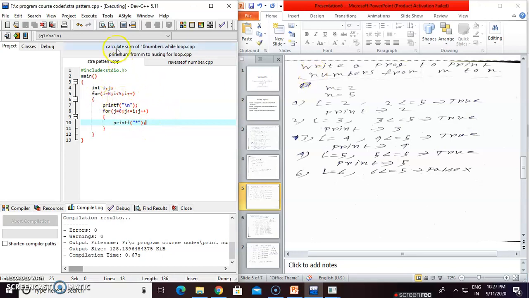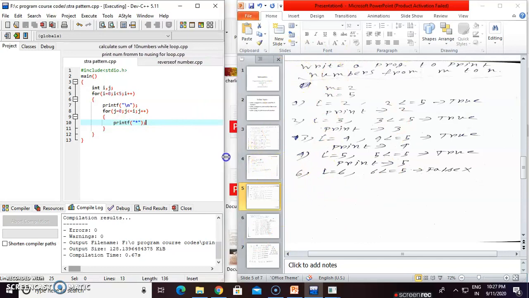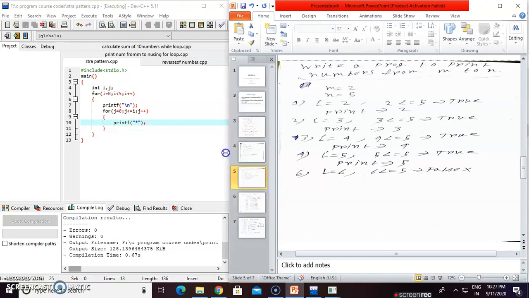So now here we are going to print a star pattern. We would like to see what pattern is printed. First discuss the program: int i, j; for i equals 0, i less than 5, i plus plus. In the for loop body, printf "\n", and again another for loop: for j equals 0, j less than or equal to i, j plus plus, then printf star. We are trying to trace our code.